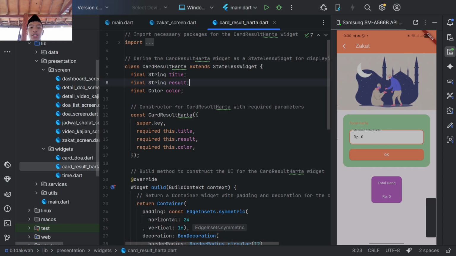And in the class you can see the card result extends is like the